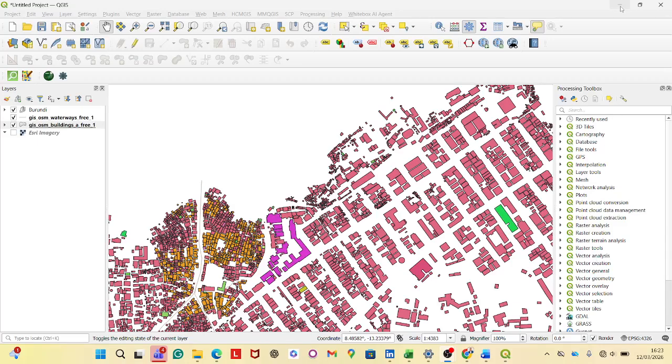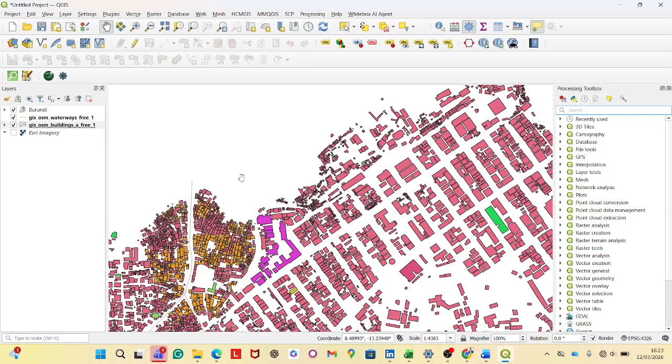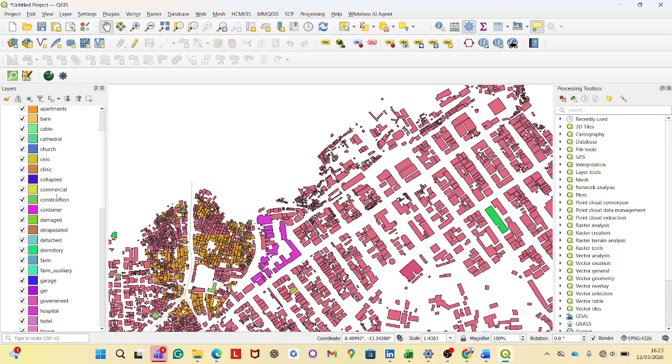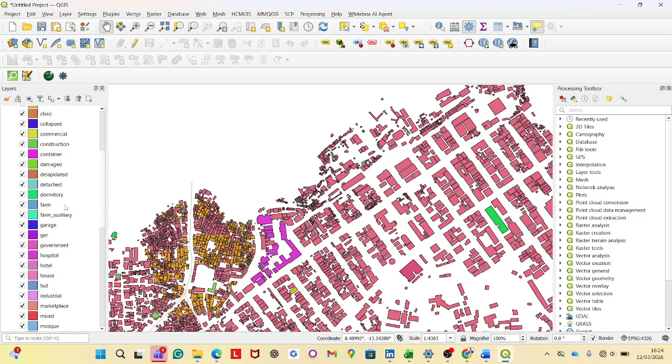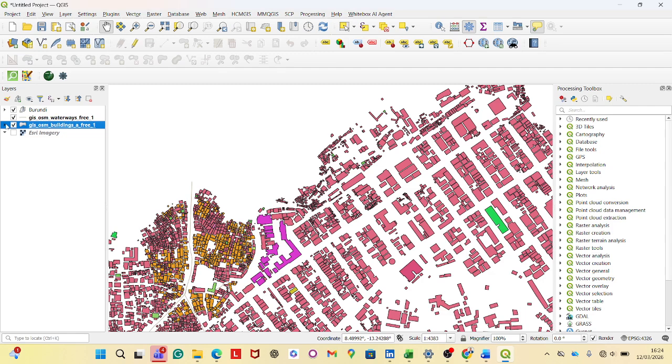Hello friends, today we are going to see how to do a manual digitization in QGIS. For example, I have my two data here. I have the raw data and the building data. In the building data, I have the categorized buildings: churches, commercial, construction, farm, and so on. I'm going to show you how to